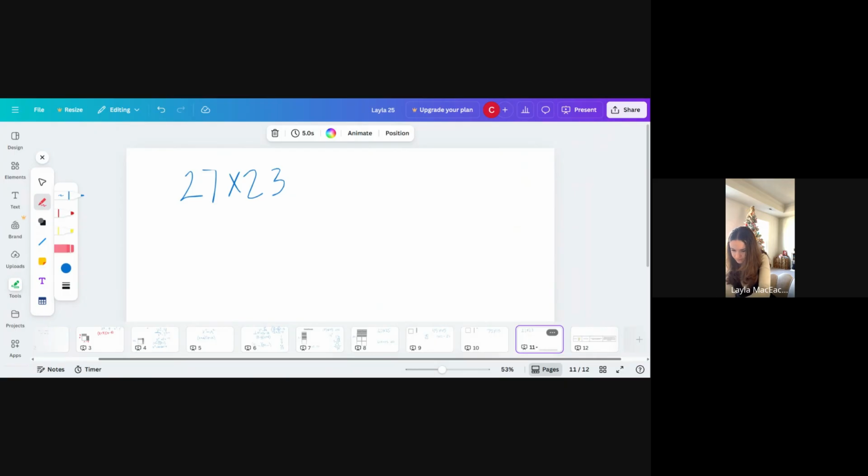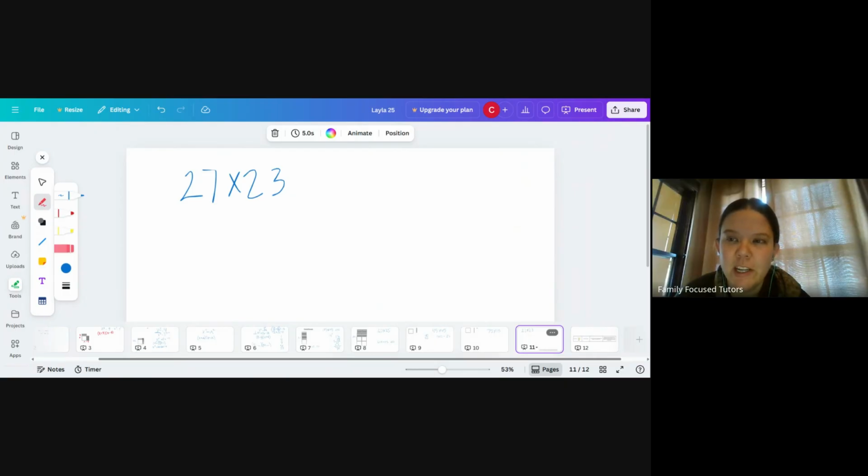Okay, so if we look at this problem, 27 times 23. Our last two numbers are 7 and 3. Our ones place is 7 and 3, so that equals 10, right? 7 plus 3 is 10. And then our tens place are the same numbers, 2 and 2. So this will work